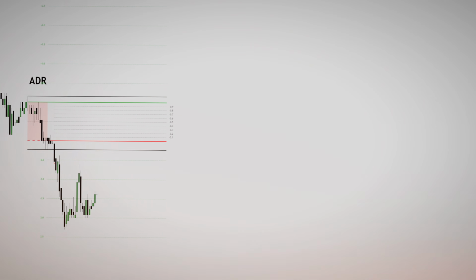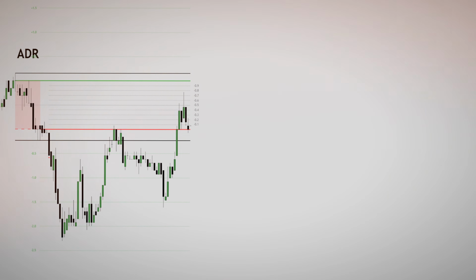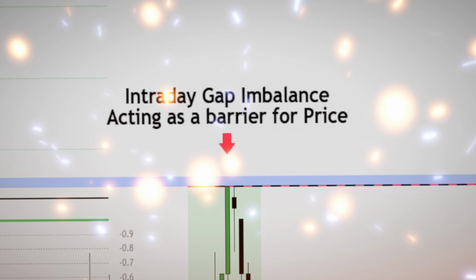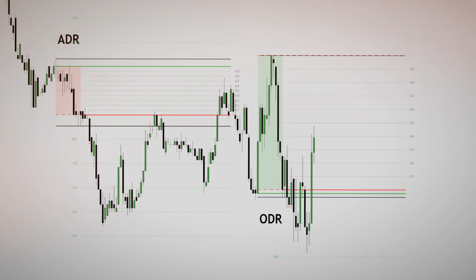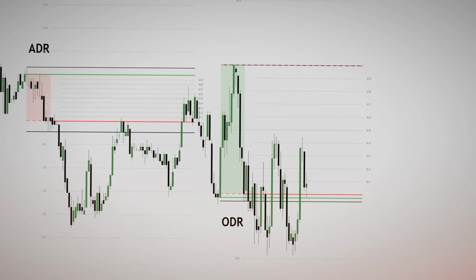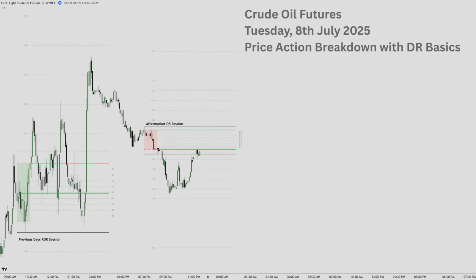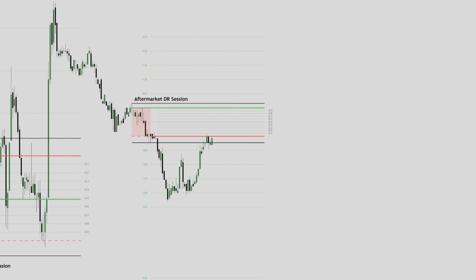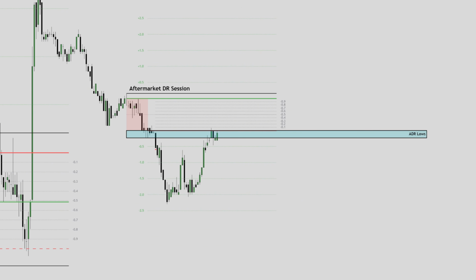Last Tuesday, oil had massive profit potential, but many traders missed a few crucial details in their analysis that led to unnecessary losses. Let's break it down. The aftermarket session, which starts the DR-IDR intraday cycle, has ended and gave one trade opportunity after a retracement back